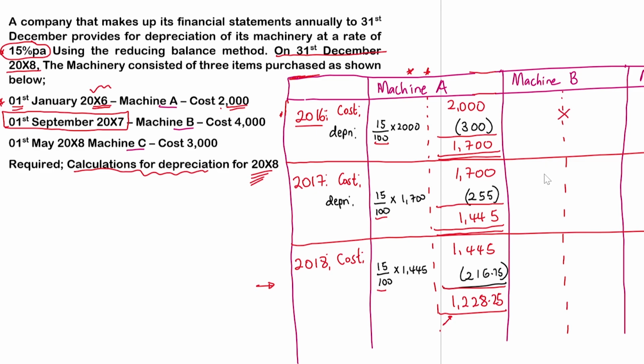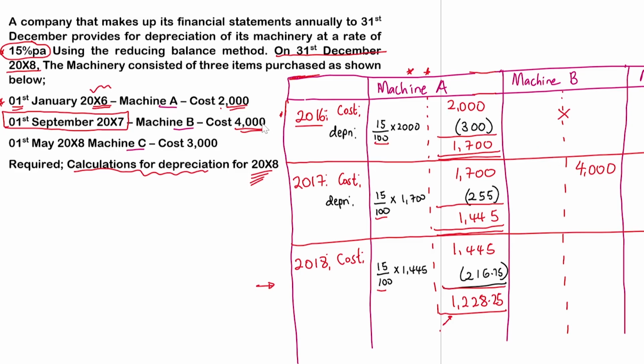Remember, these years are running from 1st January to 31st December, right? Because according to our question, the accounting date is 31st December, so meaning we are beginning from 1st January, the 12-month period. But if you look at this, the machine was bought within the year of 2017, of 1st September 2017, at that cost of 4,000. So we can begin firstly by the cost of machine B was 4,000. So it was bought at 4,000. Then its depreciation